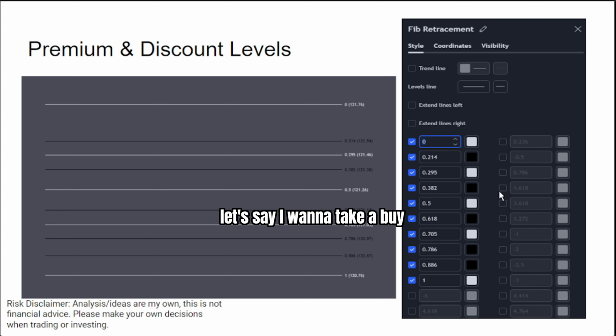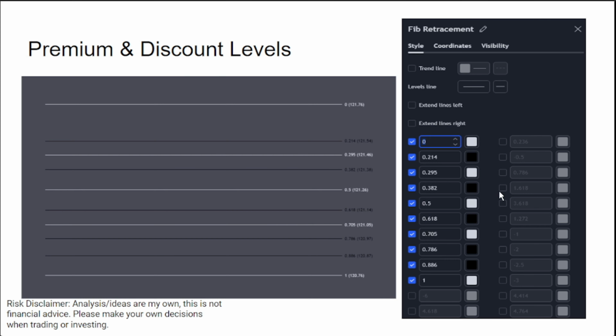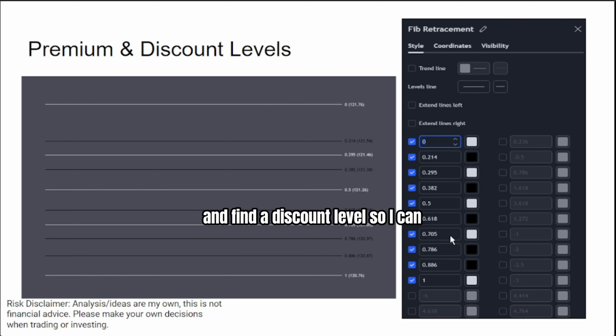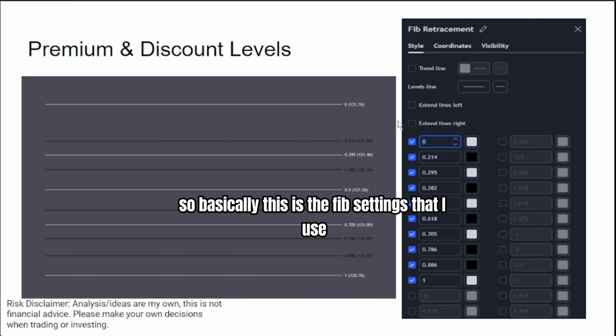So let's say I want to take a buy in the Nasdaq with a broadening formation, and then I want to add a Fibonacci on top of the range and find a discount level, so I know I'm longing from a discount and not in a premium. So basically, this is the Fib